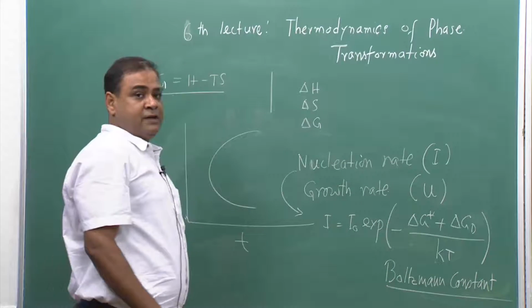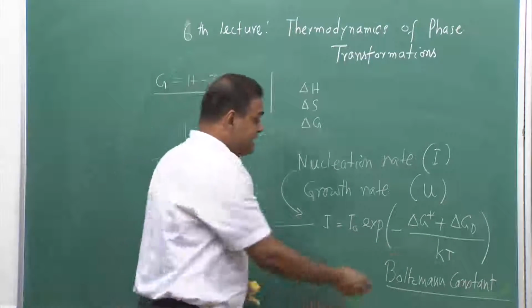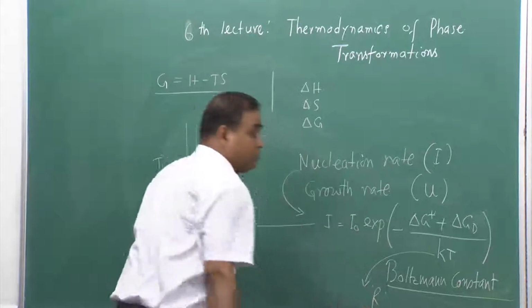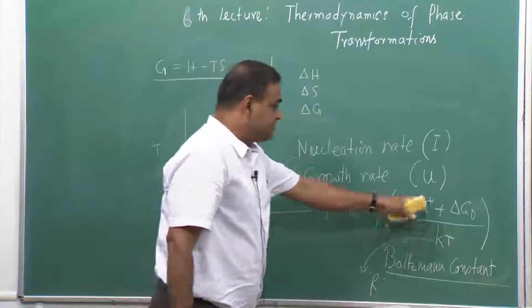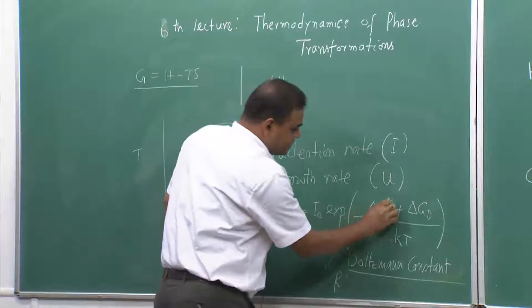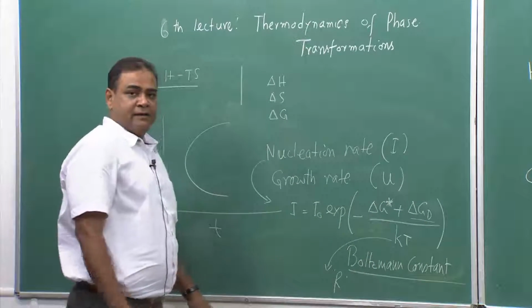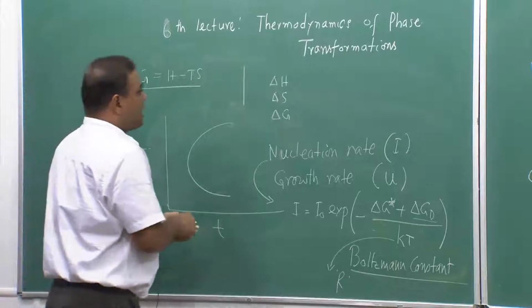Boltzmann constant. If it is per atom, then k. If it is per mole, then this particular Boltzmann constant would go to the universal gas constant, which is R. Now, in this we are seeing that there is a term called G star, there is a term called del G D. Now, this del G D as well as del G star are called,